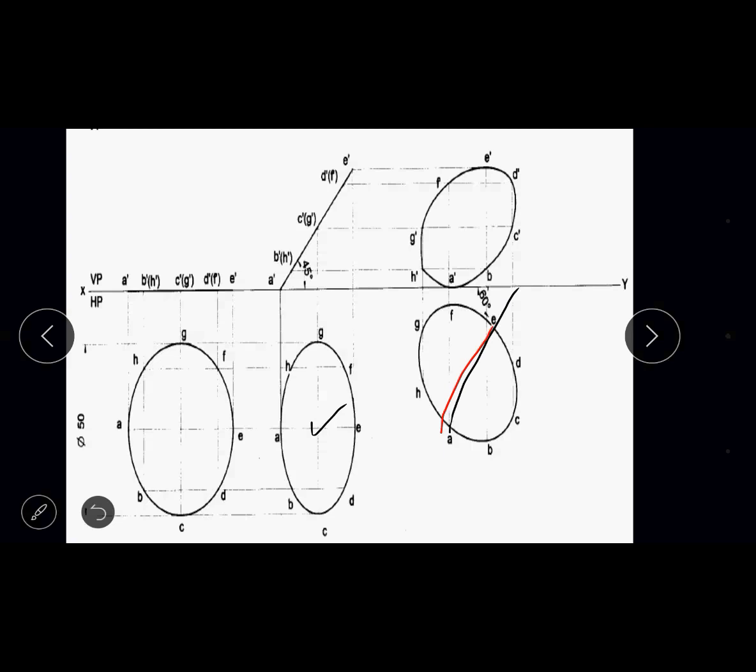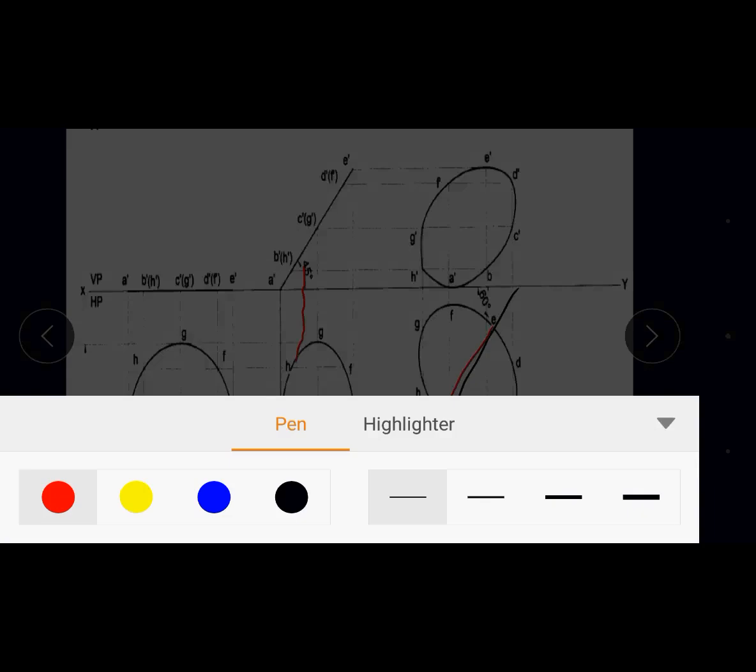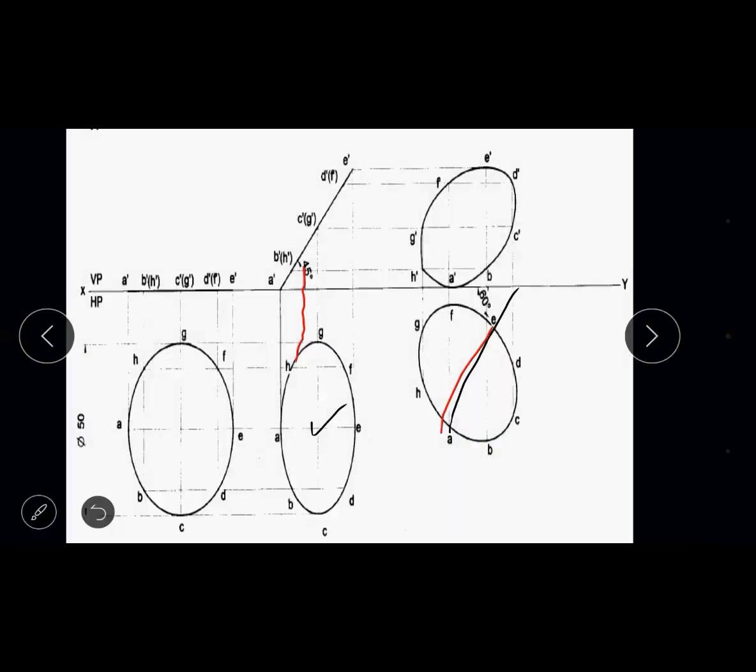Now on this line AE, 2 corners are available, corner A and corner E. So out of the 8 corners, 2 corners are available. We have to get the remaining 6 corners. So how to get the remaining 6 corners? For that, you have to focus on the irregular shape top view. In the irregular shape top view, you can see that the line is not connected properly, so let me highlight this. We have a line here along H and B, F and D. We have a line over here.